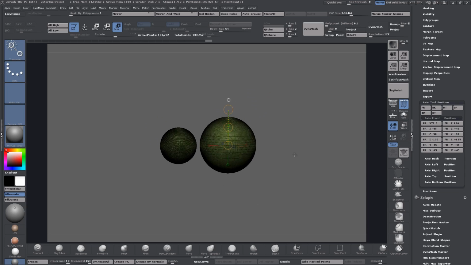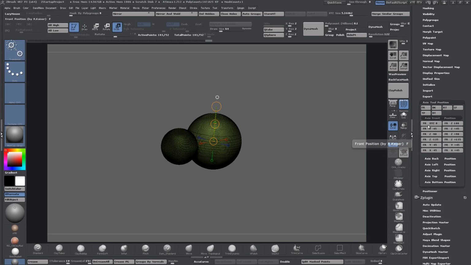So I'm just gonna offset the canvas there, and I have a hotkey set up here. You come down here to front, XYZ 0, and then I have the F hotkey because that's front in 3D Max. So a lot of the times in ZBrush, say if you're creating an insert brush, or you're going to use a certain type of symmetry or mirror and weld or whatever you happen to be doing, it's good to be able to get back to